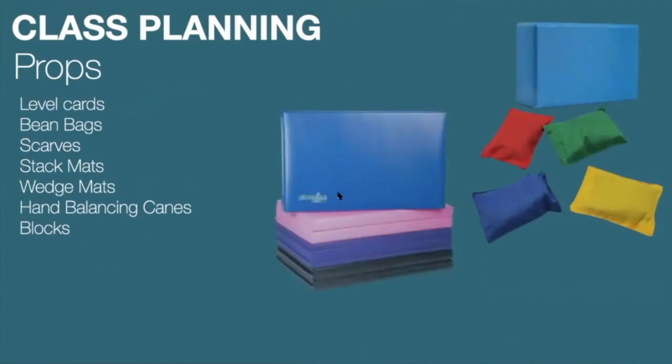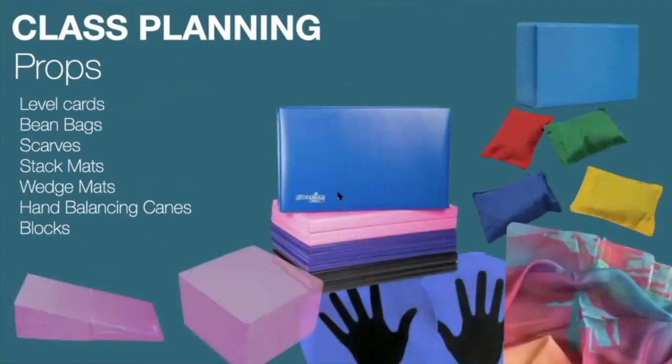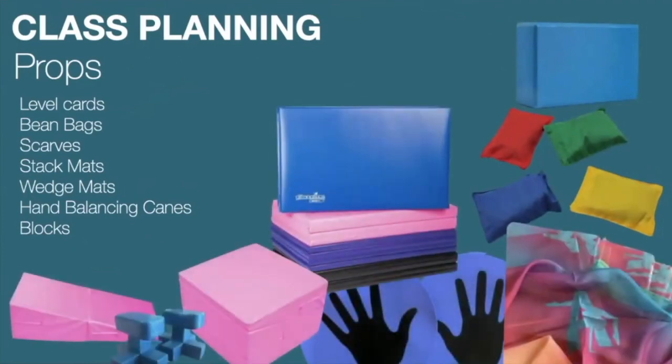From there, we break the class off into different learning models. This will depend on your class structure. Utilize as many resources and props as possible in this section. Level cards, bean bags, scarves, stack mats, wedge mats, hand balancing canes, blocks. Using props provides a spot in many instances, assisting the students to initiate the correct muscles to execute the movement. Textures, colours, and change ignites the brain with excitement and adventure and helps to assist the students sometimes with that